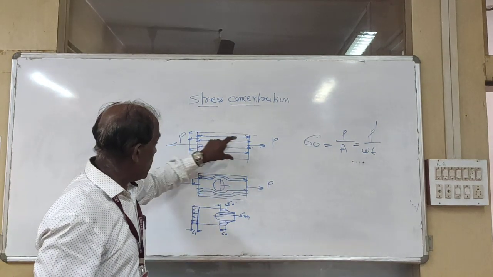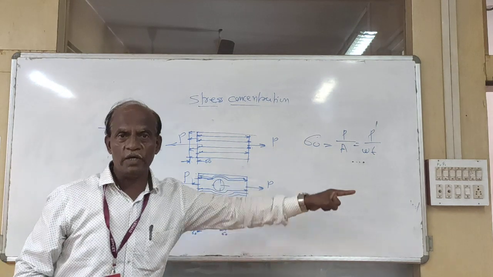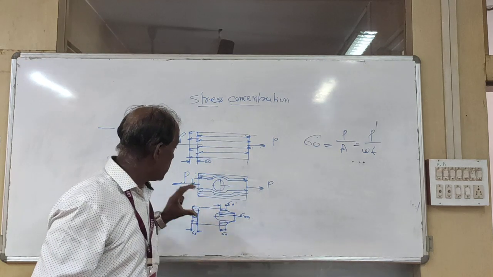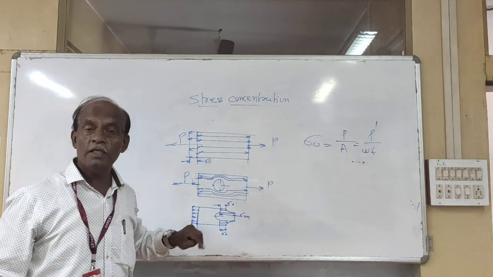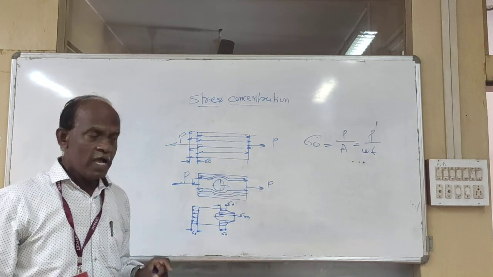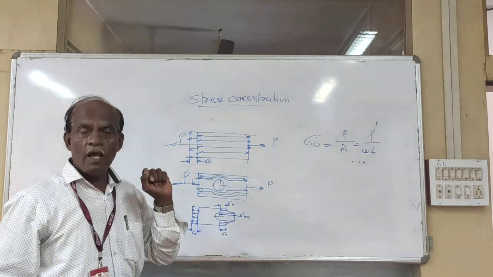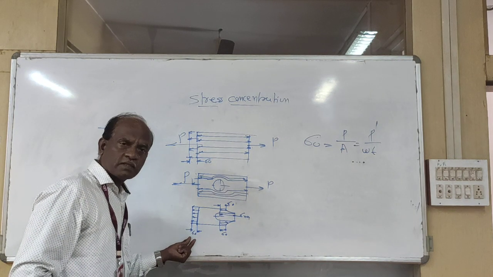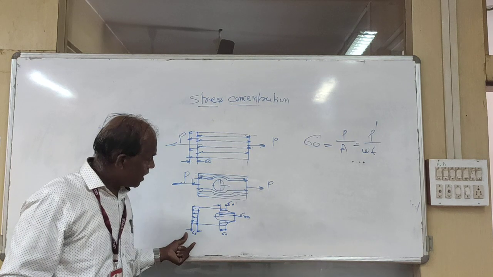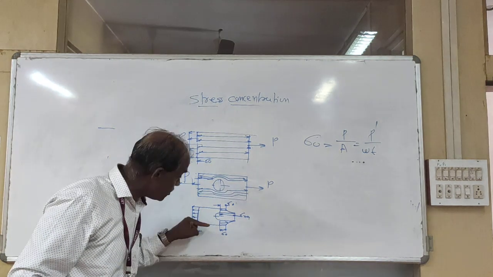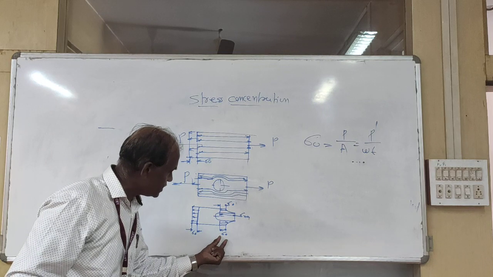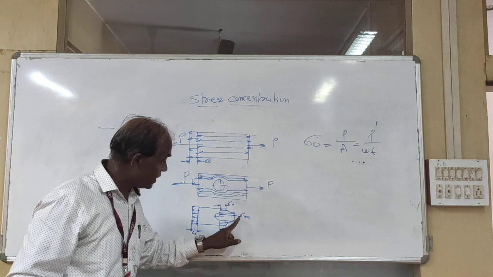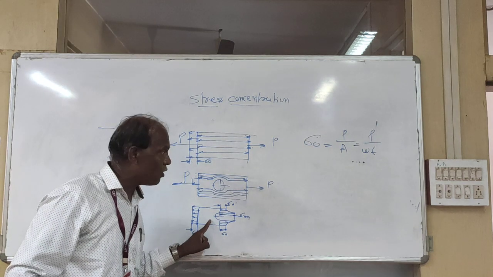Now this is a plate having no discontinuity. Holes or keyways are not there. Now consider another plate with a hole. This hole is required for a functional purpose, and this is subject to the axial loading. If you see the stress distribution diagram, on either side there is a nominal stress, and near the vicinity of the hole, around this region, the maximum stress is induced because of the abrupt change in cross section, because of the hole.